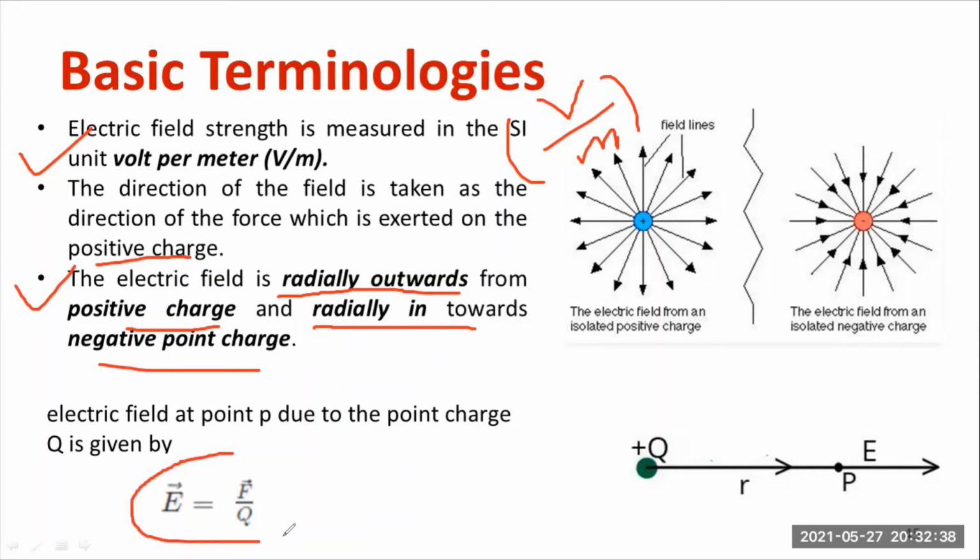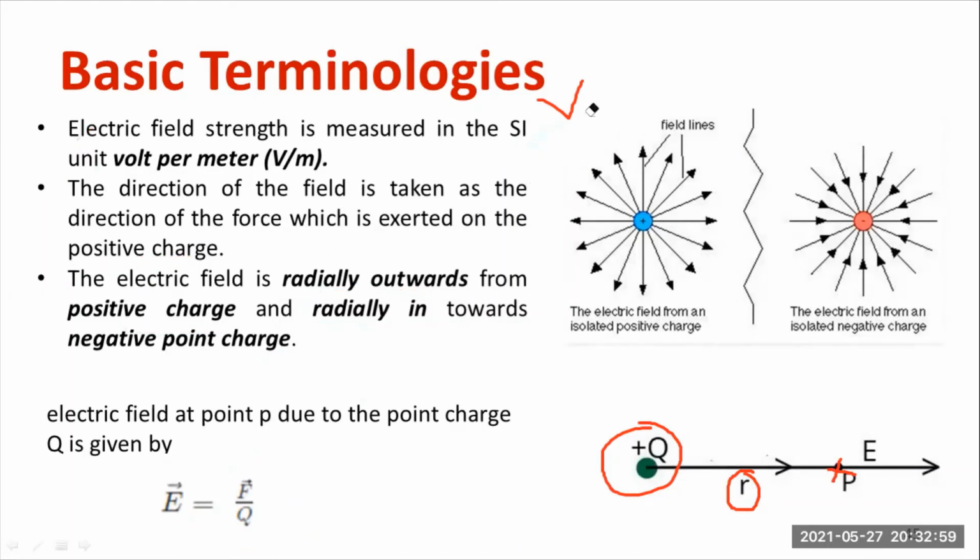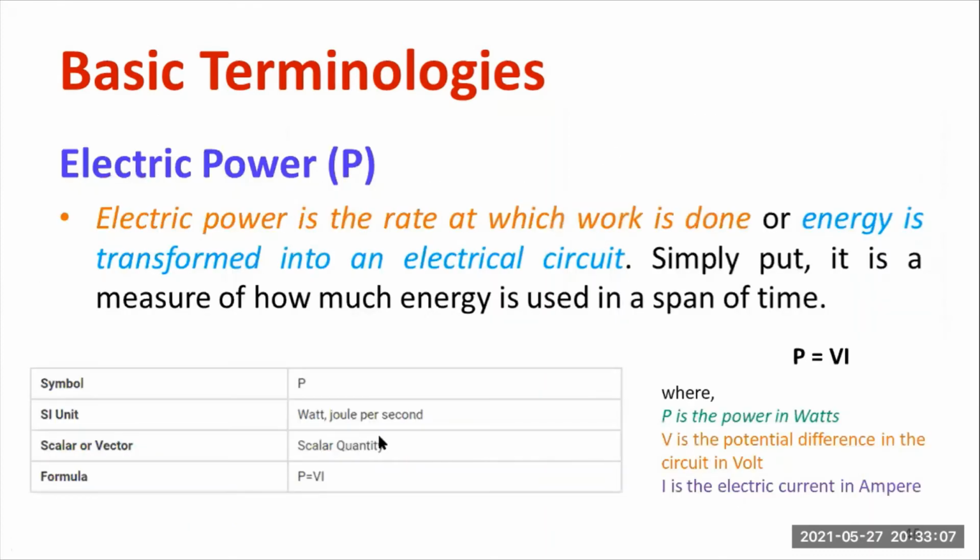And also you can compute the electric field for a particular test charge by using the formula E is equal to force upon Q, F by Q. And the distance also matters a lot. Distance at a particular point also matters a lot if I talk about the electric field. So you have to bifurcate the electric field in the case of a positive charge and a negative charge. Direction also matters a lot. That is why it is known as a vector quantity.